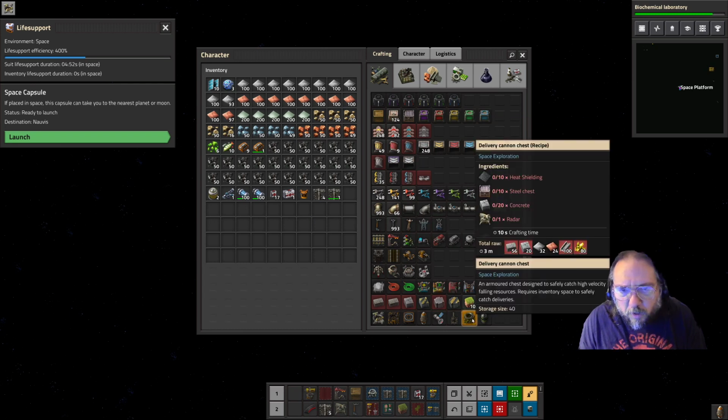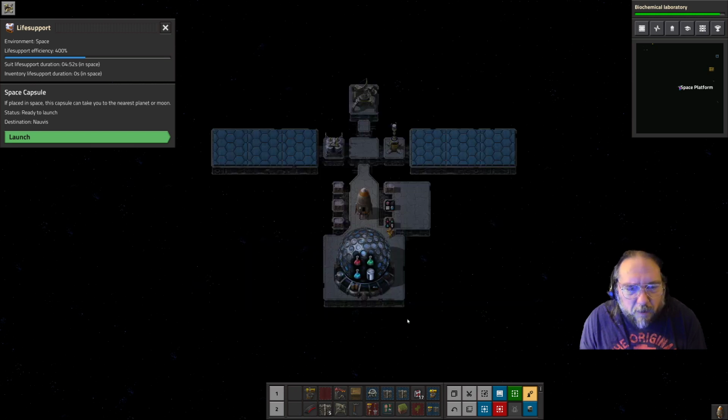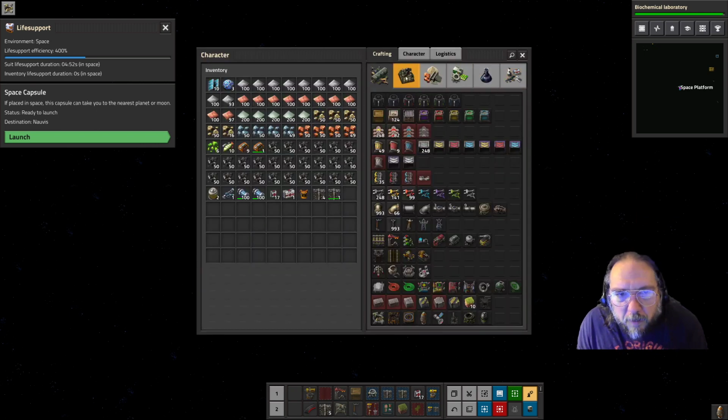We need to bring one of these up, because with one of these, we can fire stuff up here without having to come up here. I think. And we'll build one of these and bring it up, because then this will help us to be able to land better. Alright, so now we know. When we come up next time, we're bringing landing pads. And maybe...